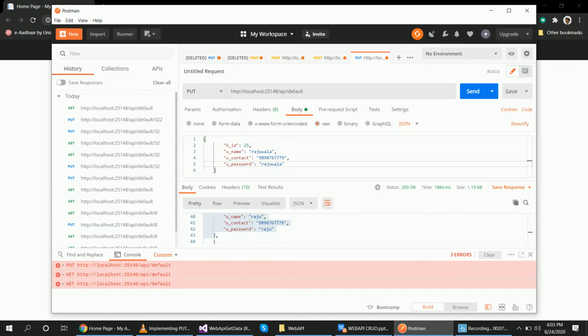You can see here I have selected the put method, copied this JSON object and pasted it in the body using this JSON parameter. In the JSON body I have passed this JSON data and updated whatever I need. I don't pass the ID number here, because I have already passed the ID number. Now send.